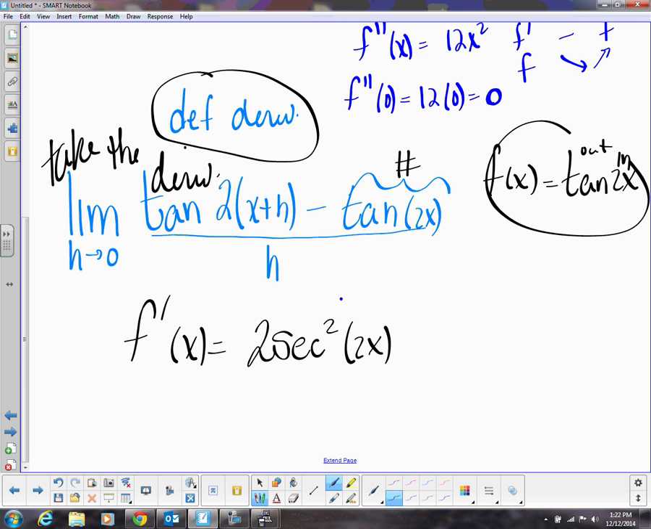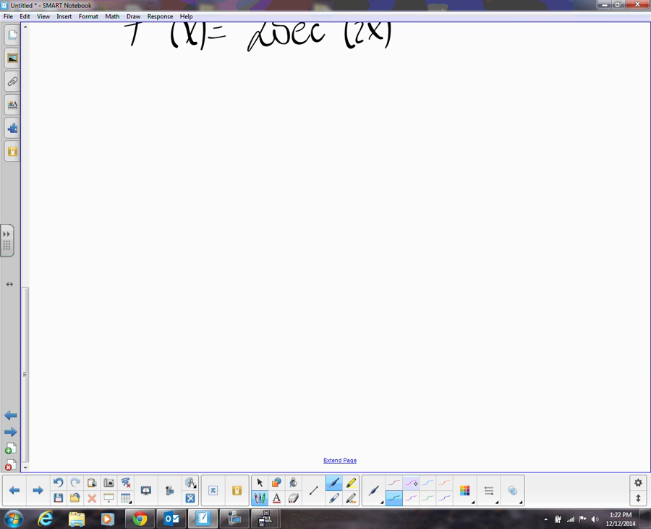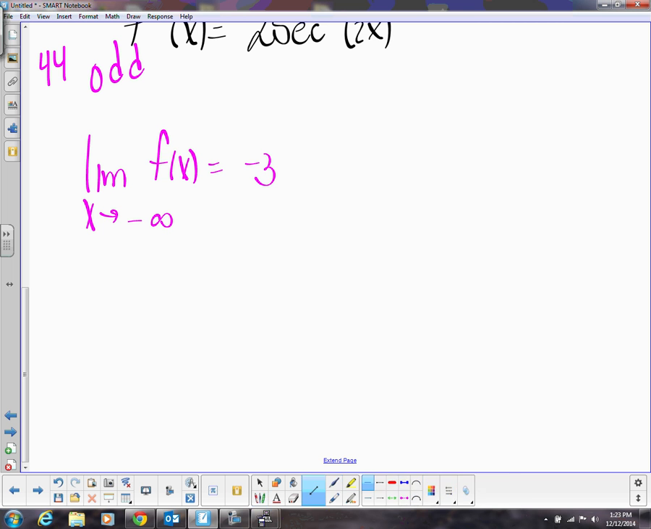All right, now we're going to go to page 134, and we are doing problem 44. It says f is continuous. That's a key word. It's also odd, meaning it has symmetry around the origin. The limit of f of x as x approaches negative infinity is negative 3. Let's remember odd. So here's 44. If I were to draw a picture,